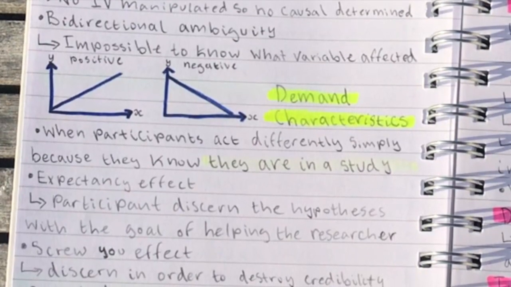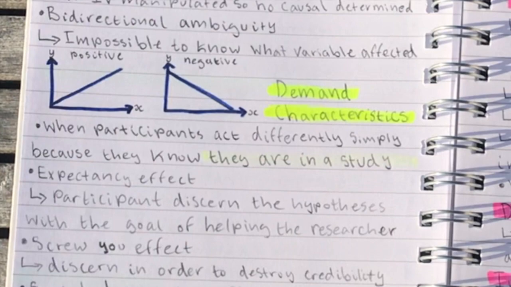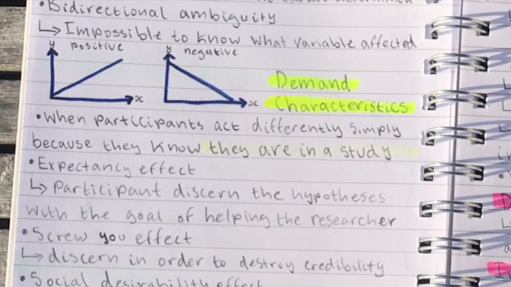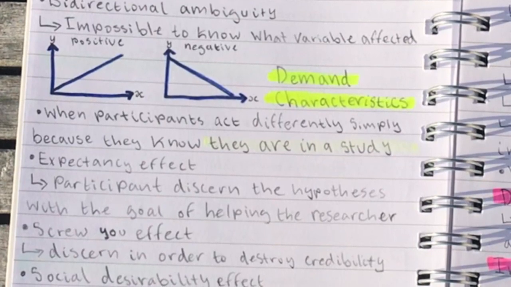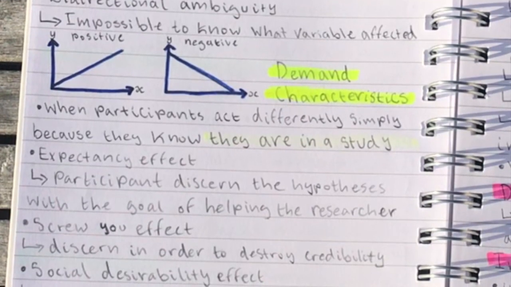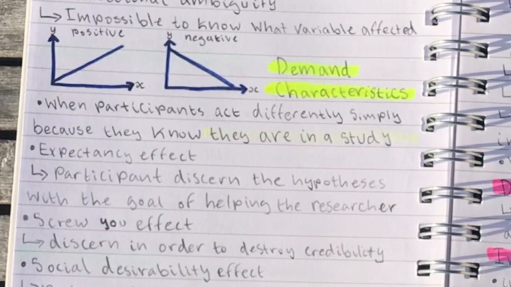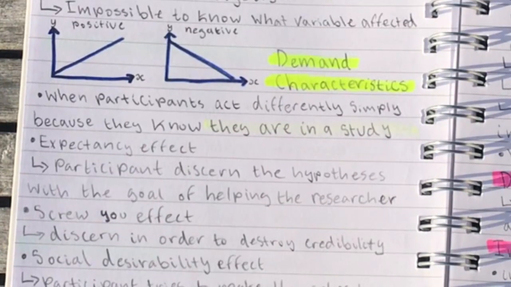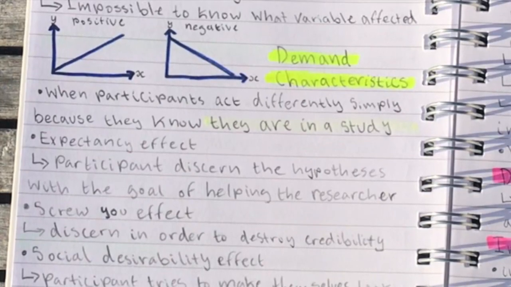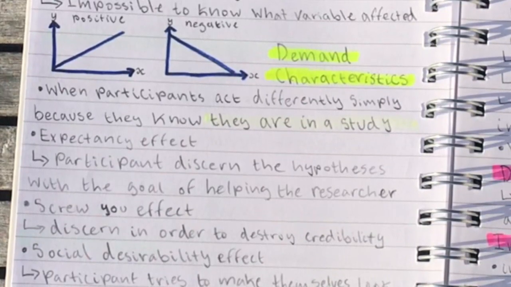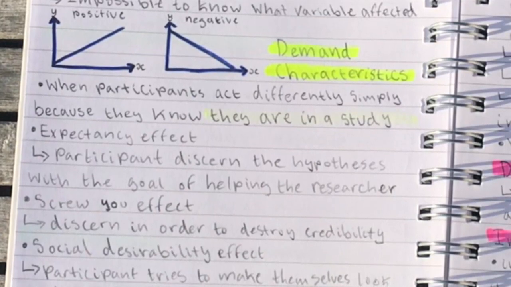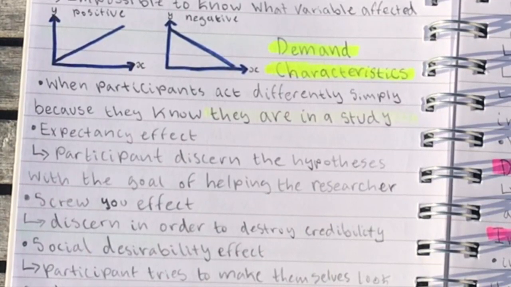Now, bidirectional ambiguity is a problem that correlational studies have. This means that it's impossible to know what variable affected what. So you have to remember that a positive correlation looks like this and a negative correlation looks like that. So essentially how the graphs would look. A positive correlation means that as x increases, y increases. A negative correlation means that as